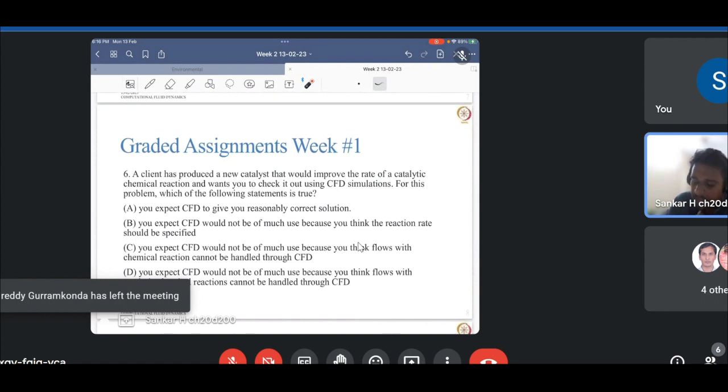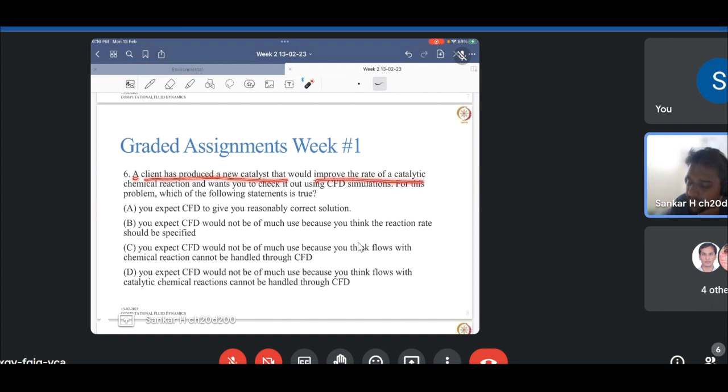Now, the same question has been given for a mass transfer problem. In a reaction problem, a client has produced a catalyst which would improve the rate of a catalytic chemical reaction, and he or she wants us to check it out using CFD simulations. For this problem, what would be the necessary condition, what would we be requiring, is what is asked. We expect CFD to give a reasonably correct solution. That is correct, but provided the reaction rate is specified, because when we write the